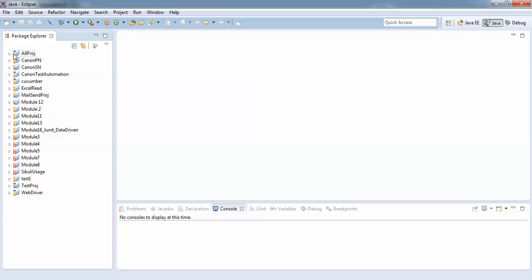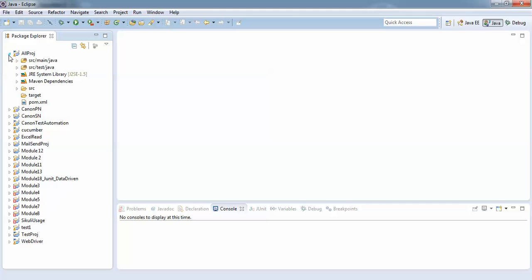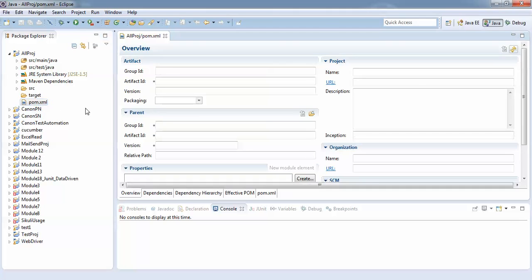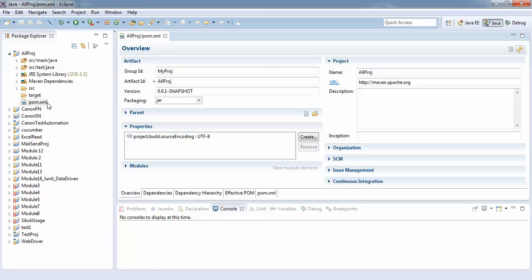Now I am showing you, here you have the newly created Maven project. How do I know that it's a Maven project? Because you will find an M symbol just above the package name. You can see here, right? And the most important part of this project is the POM file. This is an auto-generated file. When you are creating a Maven project, this file gets generated automatically.